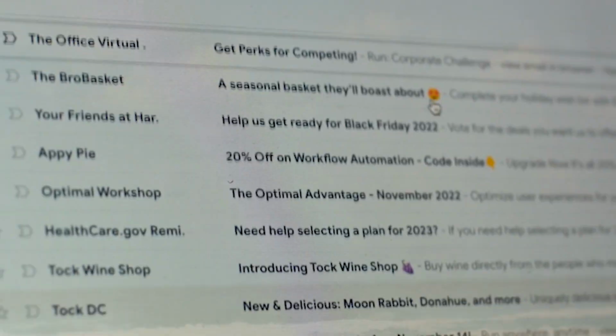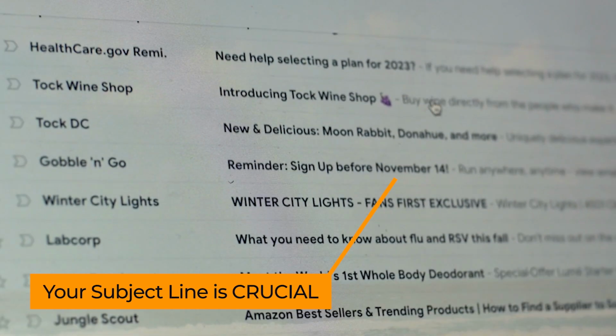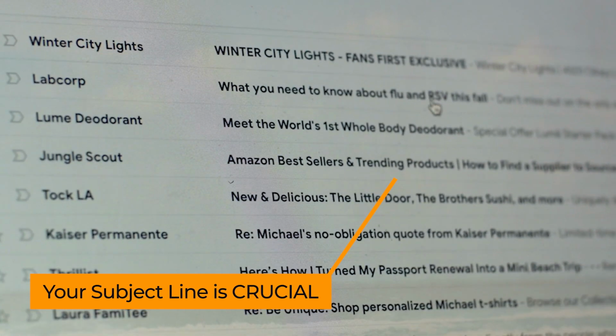When it comes to crafting high converting emails, the subject line is one of the most crucial elements. A great subject line will have a higher open rate, leading to an increase in your email engagement metrics. It's a funnel, remember, so you have this many people you're sending to, which means this many people will open, which means this many people will click, and this many people will buy or take that final action that you want people to take from the email.